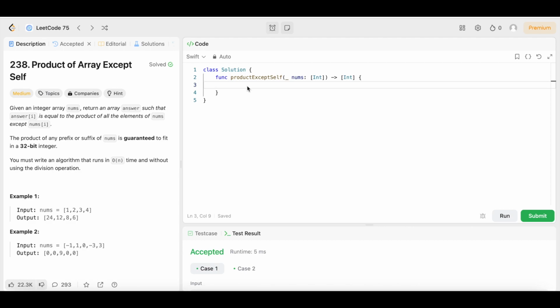So let's figure out how we are going to write this code though. I'm going to show you how we're going to write this code. First, we're going to declare a variable. We're going to call that result, and that is going to be equal to an array. Then we're going to say,